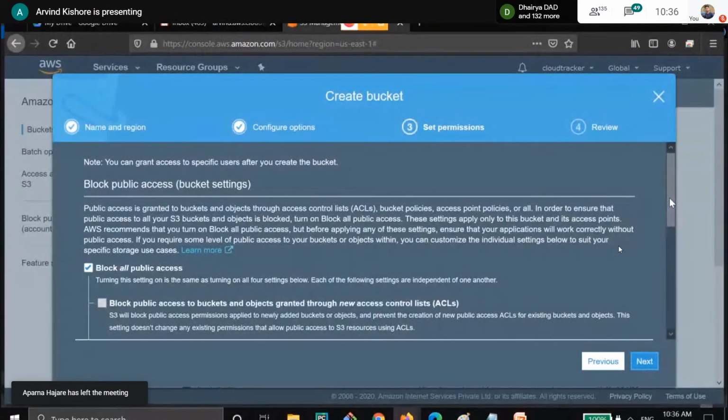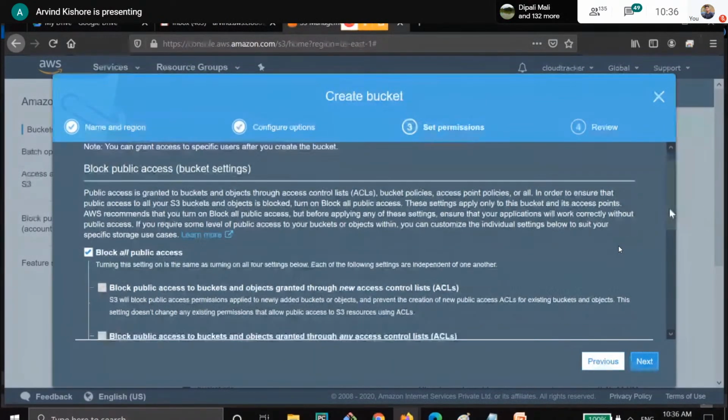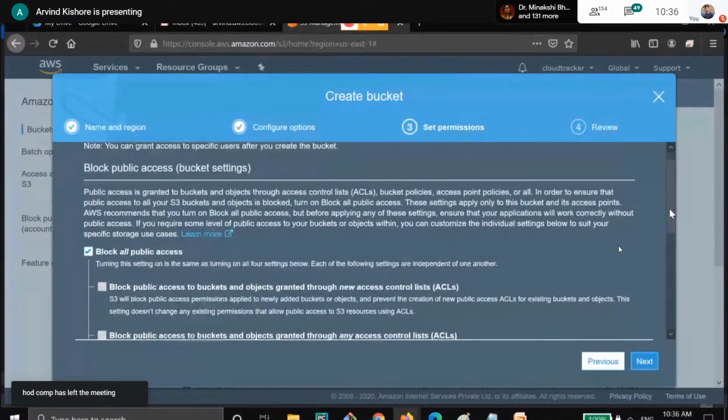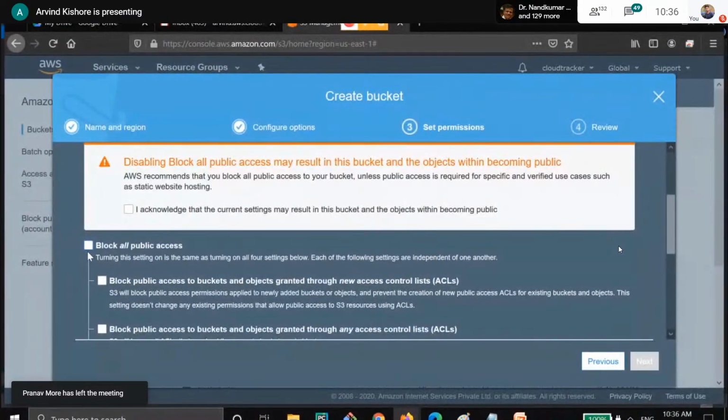Similarly here, Amazon has added this default feature where you can by default block all access to your objects in the S3 bucket. And then later on, you start adding policies, and based on your requirement, you start opening it up. But for our purpose, we will just remove this public access,